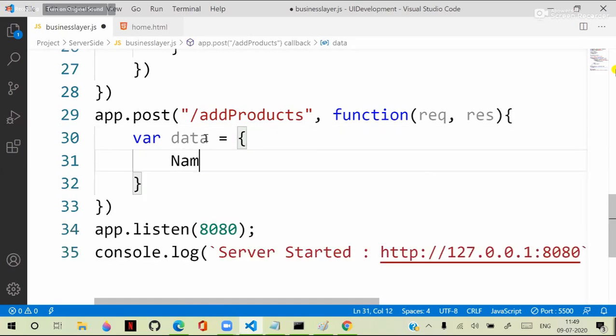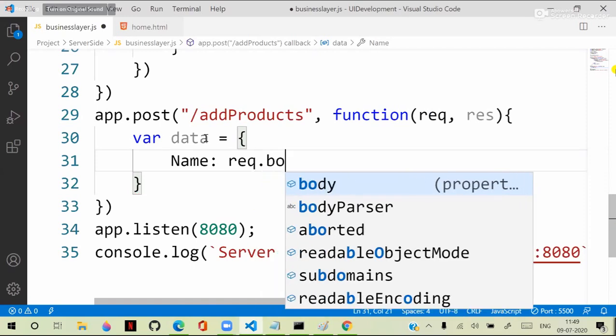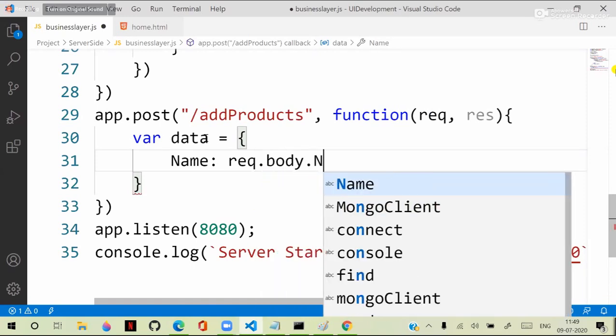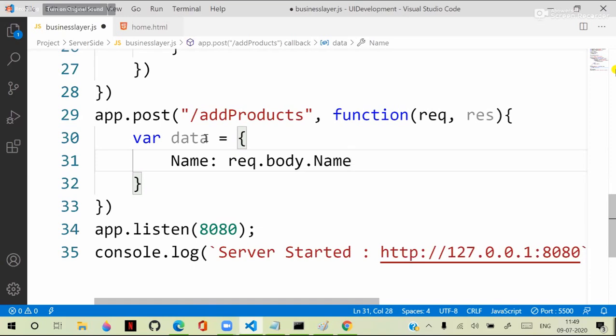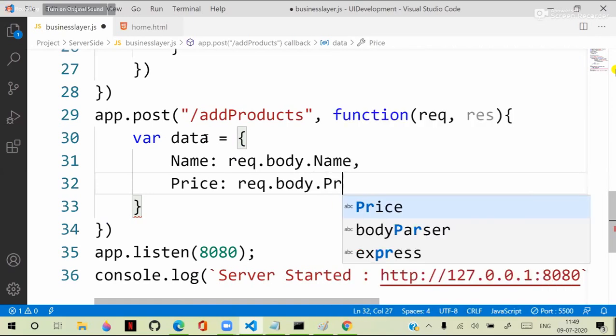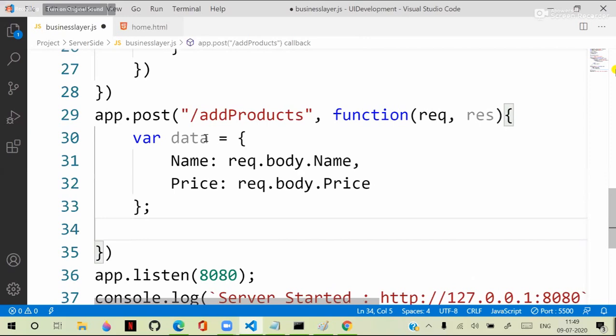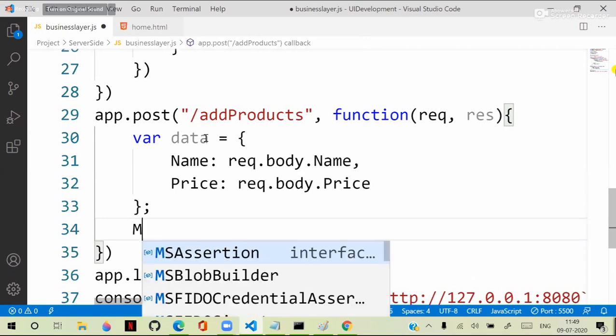It contains two details. One is name. Name is coming from request.body, from the request body's name property. Similarly, price is coming from request.body.price. Now, this data needs to be inserted into MongoDB. That means again you have to write here